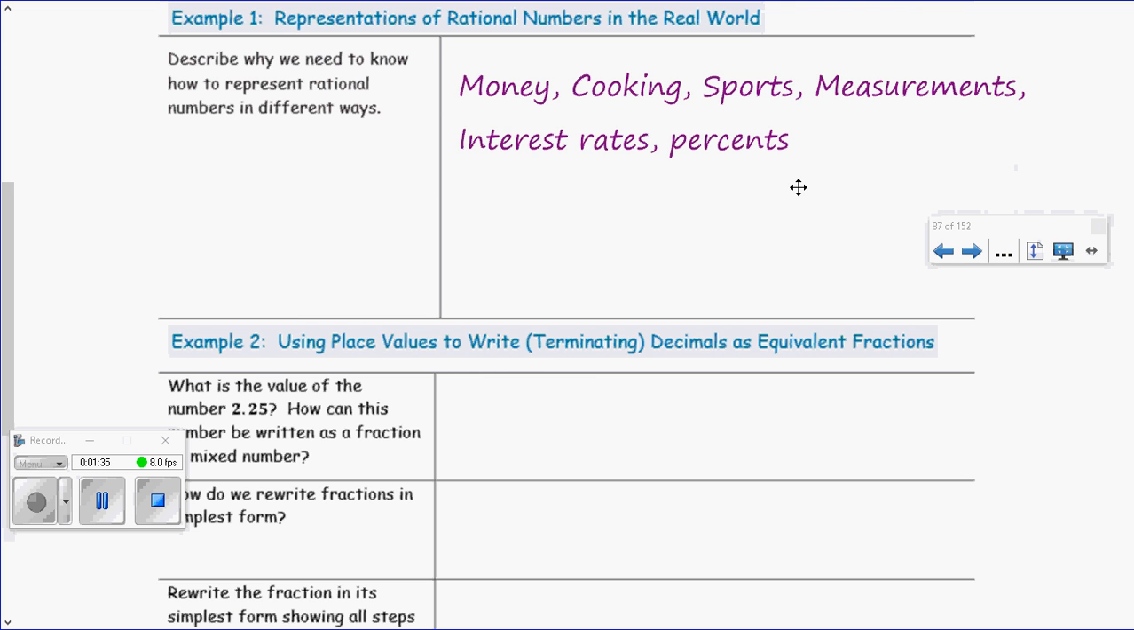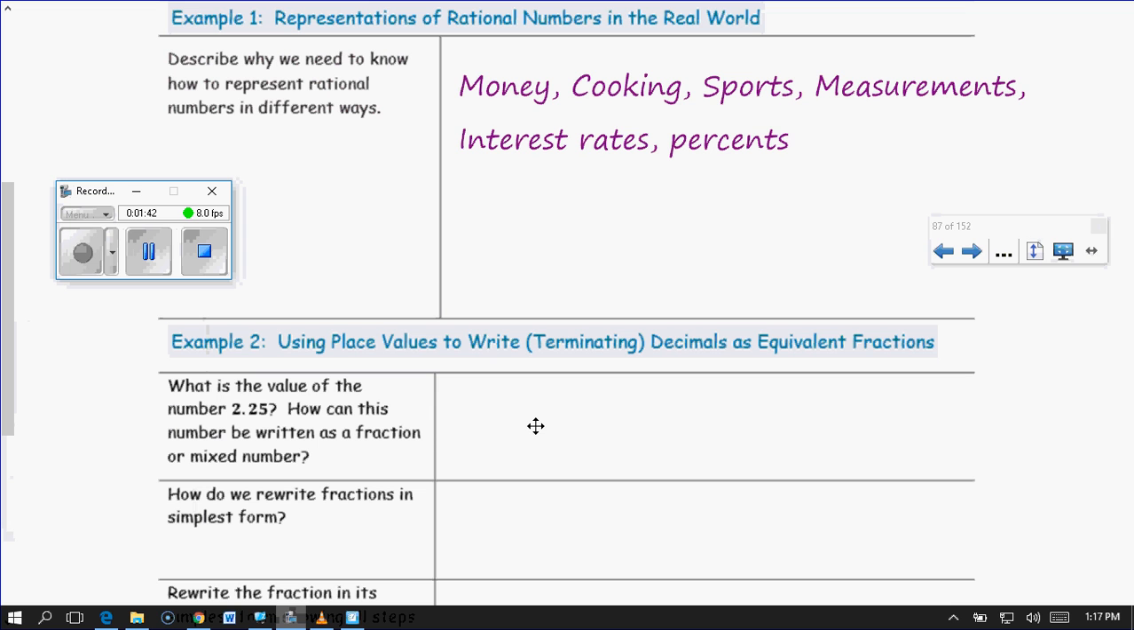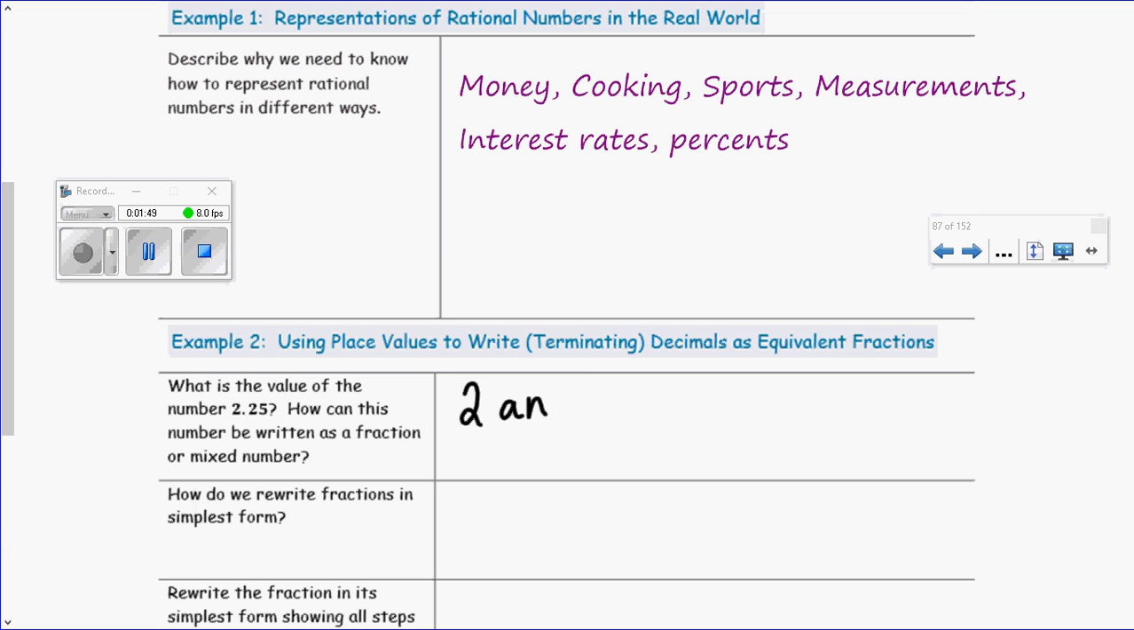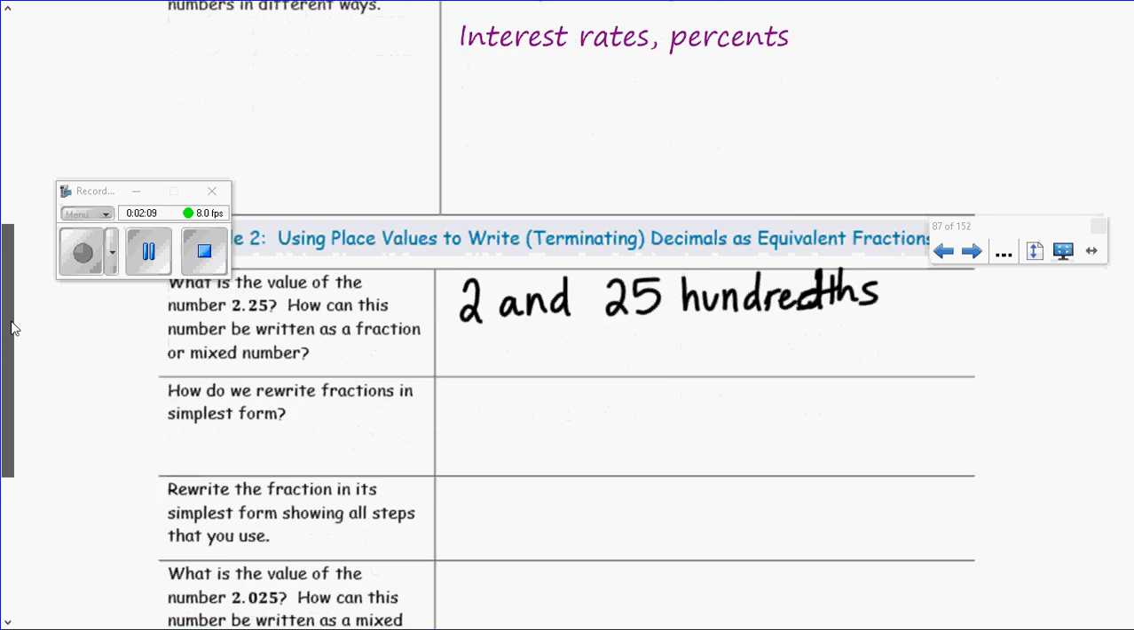All right, what is the value of the number 2.25? Well, when you see that, I really want you to think of money. If you think of it with money, it's really going to help. The way that we can write that is we can write it as 2, and you know that 0.25 ends in the hundredths place value, so we can actually think of this as 2 and 25 hundredths. That's a D. Okay, 2 and 25 hundredths. We can actually write that as a mixed number. 2